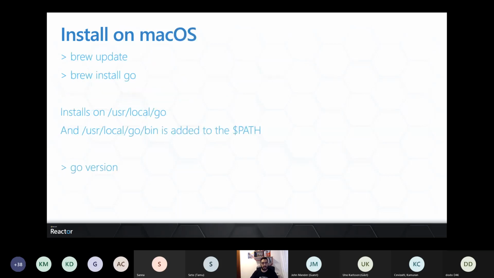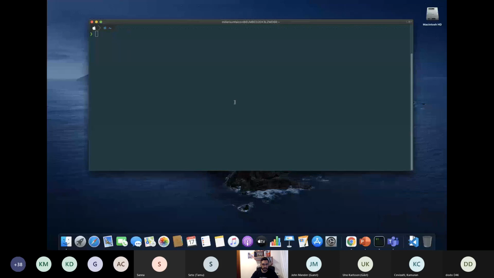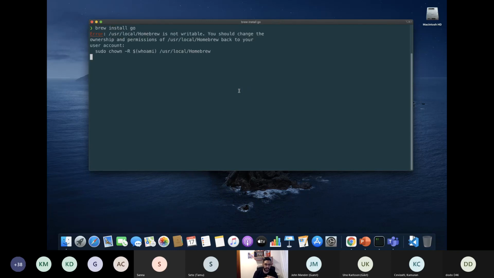So let me show you how this looks like in my environment. Okay, so I'm gonna go here. This is my environment. This is where I am right now, and because I already did something like this, installed Go in my environment, because I didn't want to install this again, you can see that it's already installed and up to date. I don't want to continue doing that.